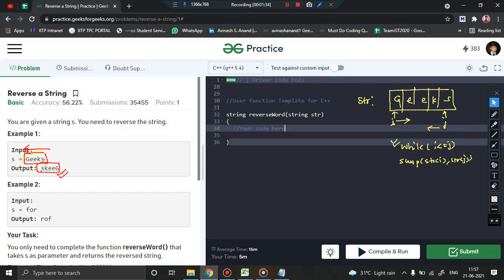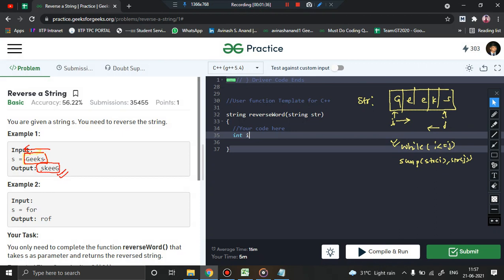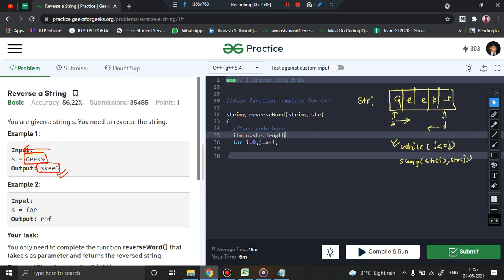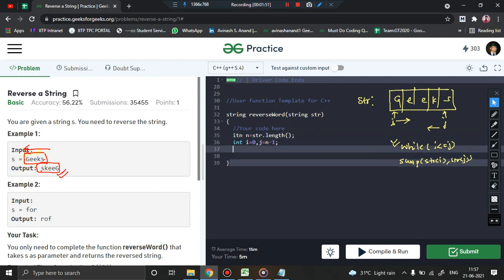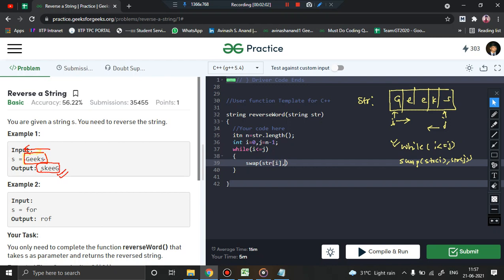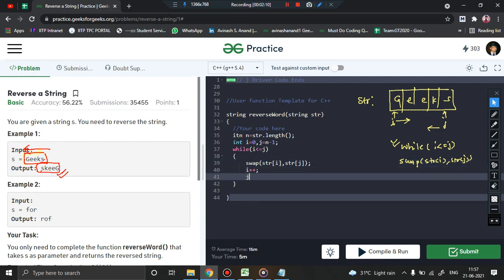Let us see how it works. So integer i, j, right? Let's initialize i equal to 0, and j is equal to nothing but n minus 1. Now what is n? Again, integer n is nothing but length of the string. Done. What should we do? While our i is less than or equal to j, we should say swap of str i with str of j, right? This is the swapping that we should actually perform. And one more thing, we should again increment i and decrement j. So I hope you are getting the point how it is working.